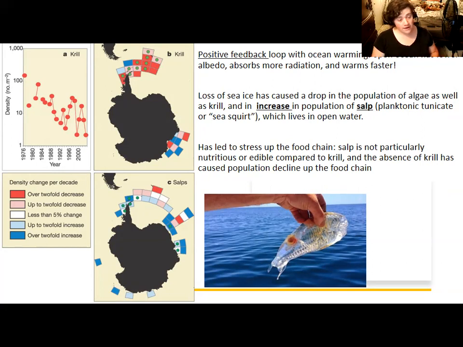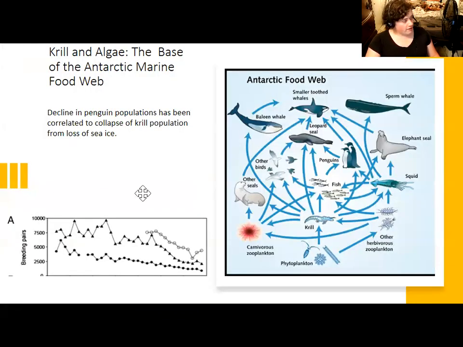Antarctica's current marine ecosystem relies heavily on abundant krill to feed the fish and the whales and seals that feed directly on it, as well as the penguins that feed on the fish, and the orcas and leopard seals that feed on the fish and on the penguins and on the other seals. So up the food chain, the other organisms start to suffer.